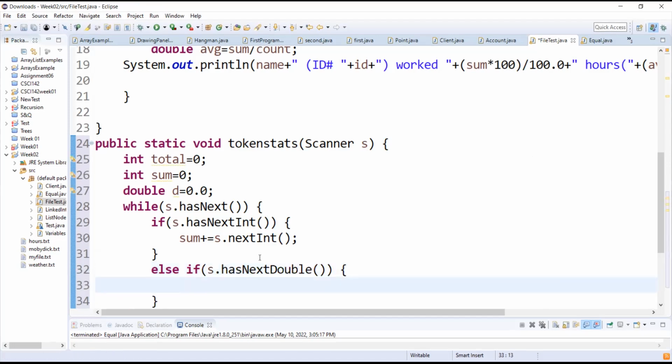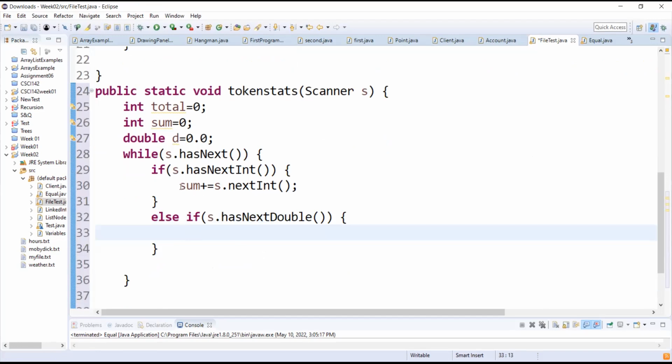So as you see a double, that's else if, because we don't want multiple if conditions. We don't want every if condition to run. So if that token is an integer, don't check the rest of the things. If that token is not an integer, check if that token is a double. So if that token is a double, then what? Who is keeping track of our double? d. d plus equals to